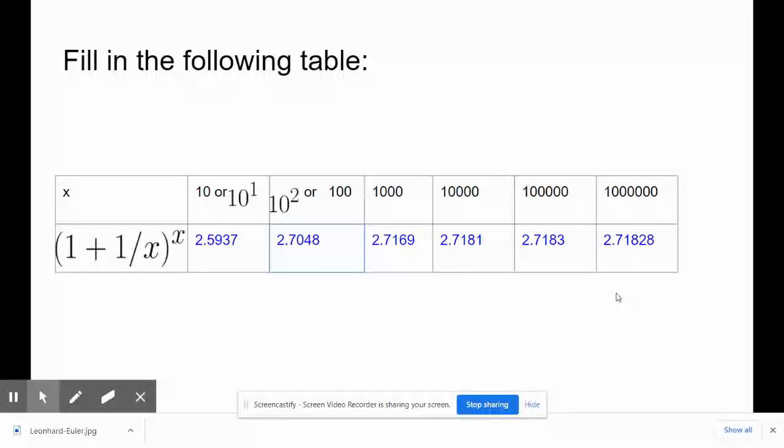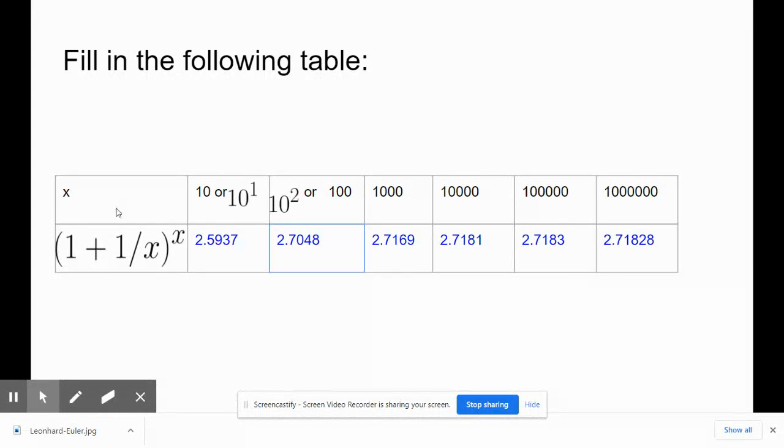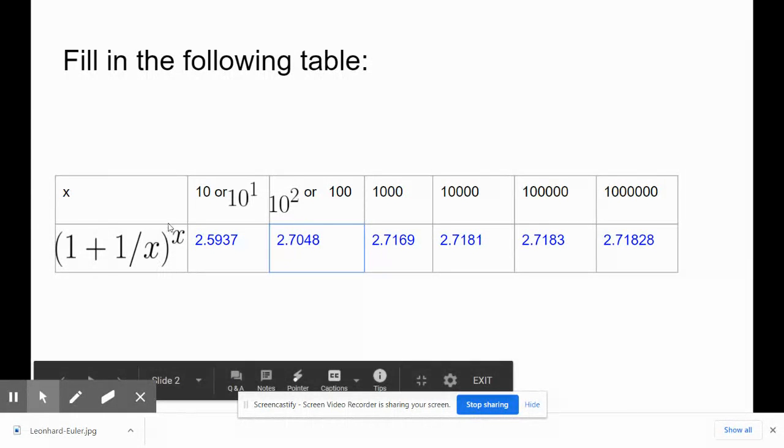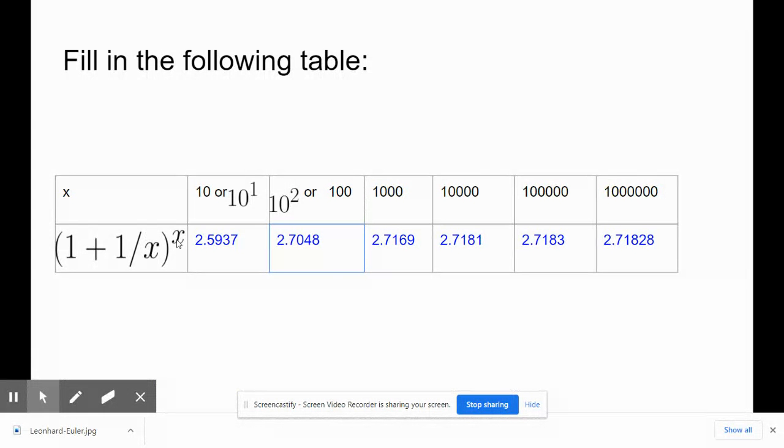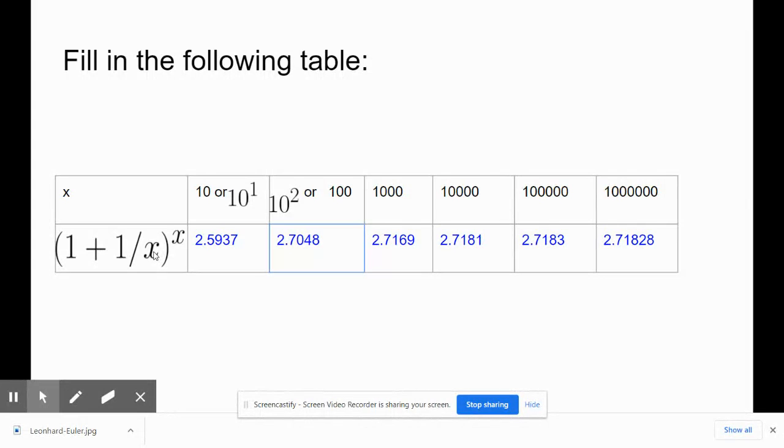And so therefore he gave it the name of e, which is pretty cool. Well, what is the number e and how did mathematicians discover it? There are several different ways that you can do it, but here's one example. If you take this equation, which is 1 plus 1 divided by x, that whole amount in the parentheses raised to the x power, then notice what happens as we do that. As we put 10 in place of x, it'd be 1 plus 1/10, so 1 and 1/10 raised to the 10th power, we get